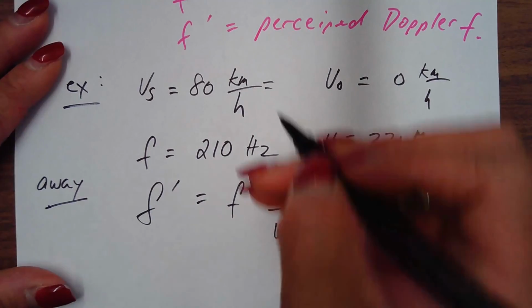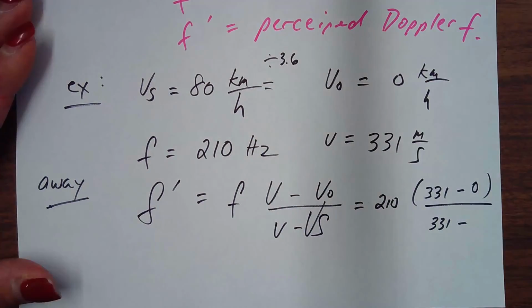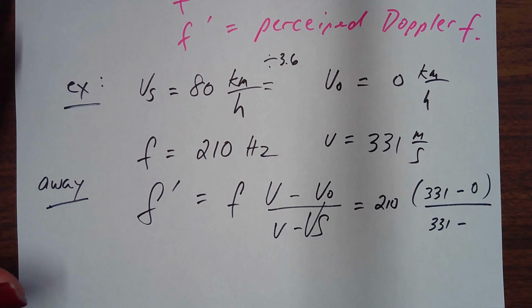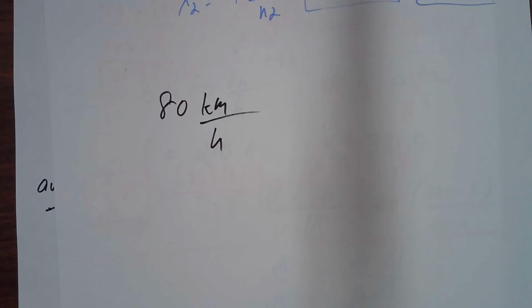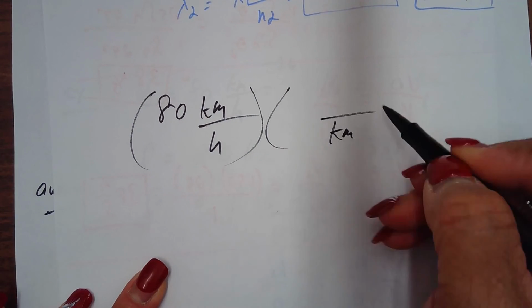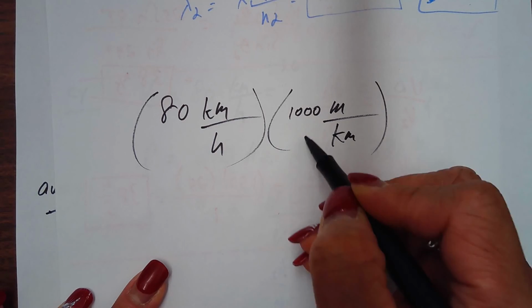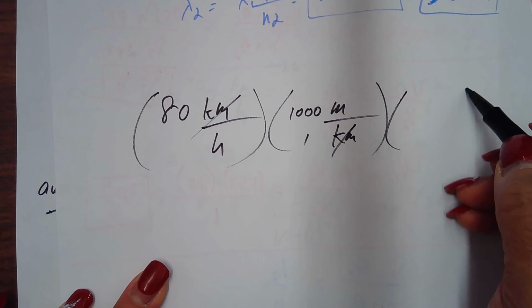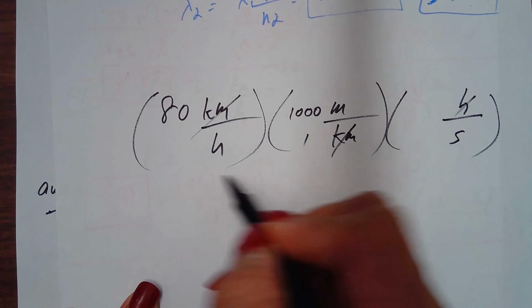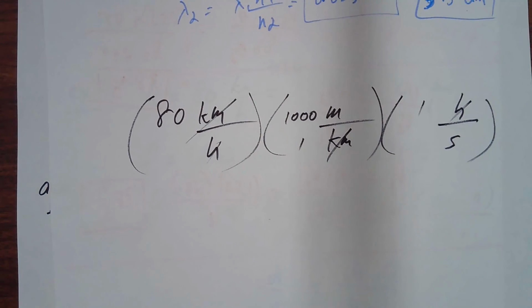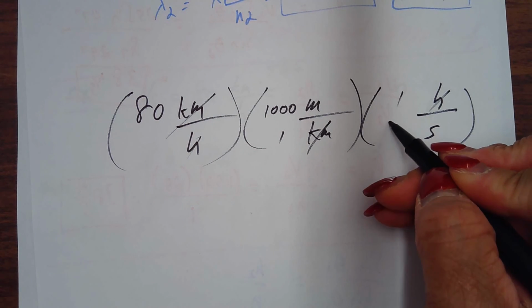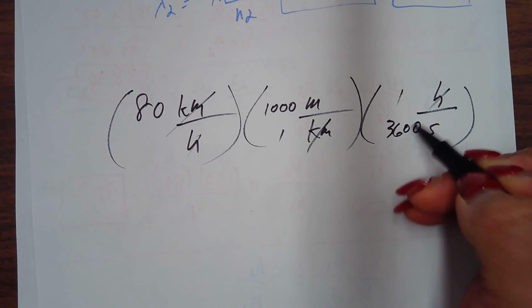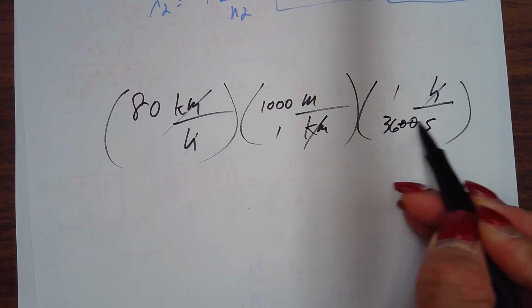Now 80 kilometers per hour, we can't use that, right? So you're gonna have to divide this by 3.6. You guys remember why I use 3.6? Unit conversion. You want a quick review? Okay, so you have 80 kilometers per hour, right? So I put kilometers here, I put meters at the top, so 1,000 meters, 1 kilometer, there goes the kilometer. Now I gotta get rid of the hours into seconds, right? So hours there go away. 1 hour is how many seconds? 1 hour is 60 minutes, and 1 minute has 60 seconds. We can just go a shortcut here. 60 times 60 is 3,600, right?